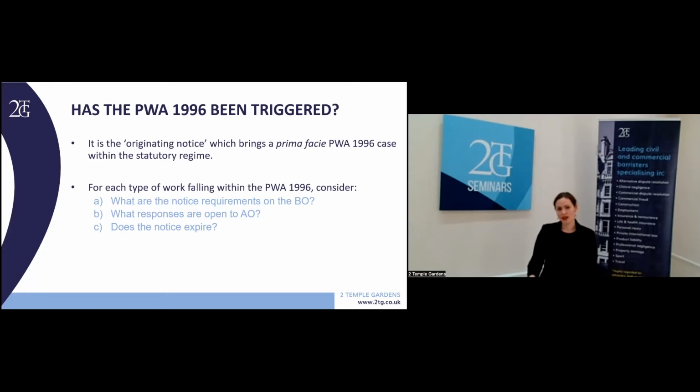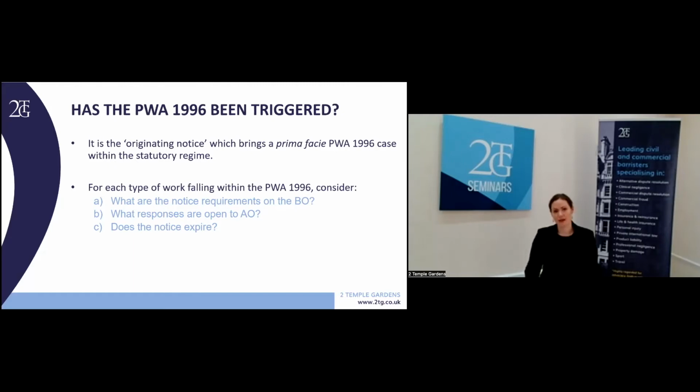So, in other words, it's generally accepted that the common law rules apply unless and until the building owner triggers the Act by going through the steps set out in the statute for availing themselves of its network of rights and protections. Now, each type of work under the Act has its own notice requirements set out in the relevant section, and inconveniently, they're all slightly different, which again makes it fiddly and means you are going to have to go back to the Act for the details.